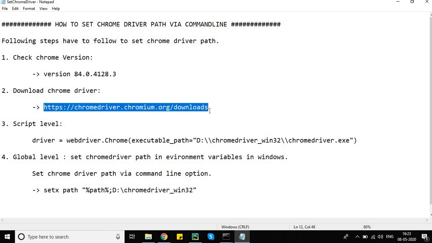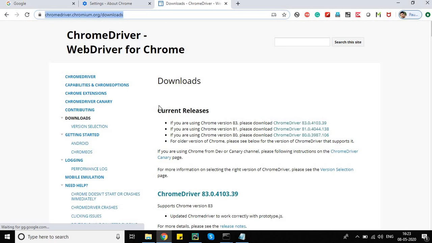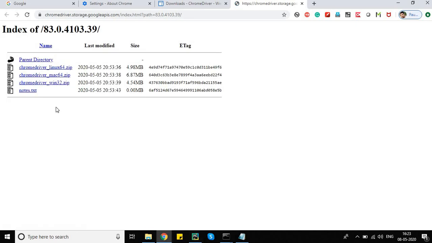Now we'll go to this website and we'll download the Chromedriver. So now you can see for 83 and above version, the Chromedriver version is 83. So Chrome version 83 is supported and we are using 84, so it will also be supported. Now we'll download this zip file,